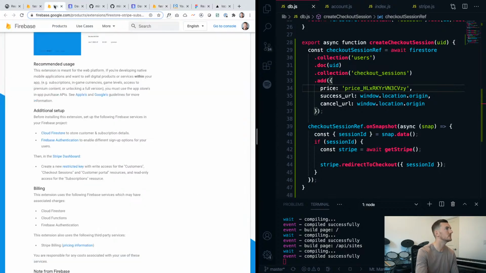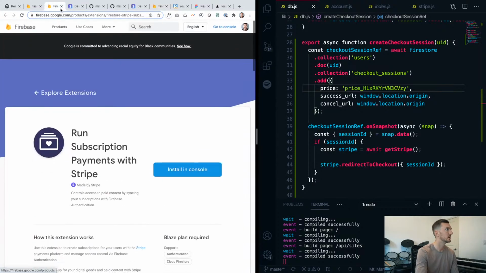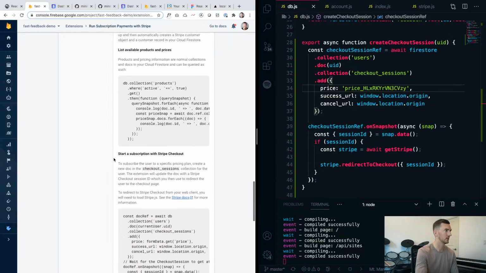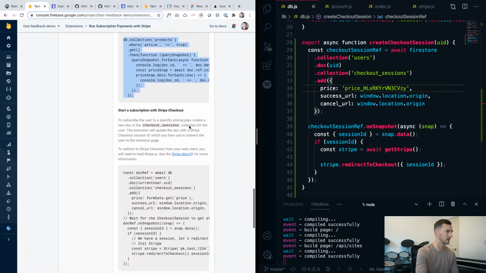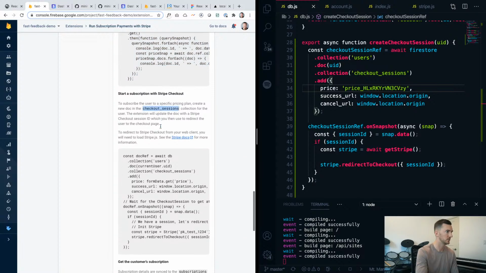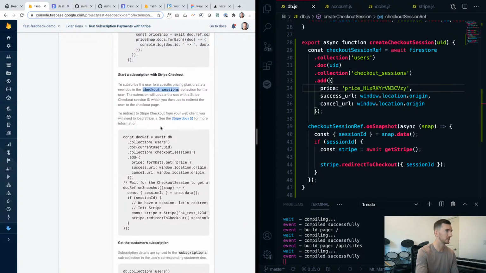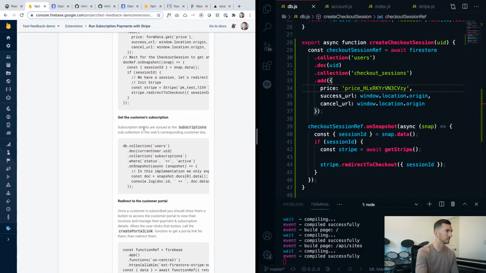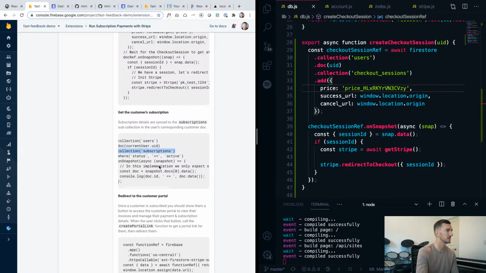So if I go to, I can close this out. Okay, right, we don't need to list the available products because we have that working. Start a subscription, we did that. Subscription details are synced to the subscription sub-collection in a user's document. Users at ID sub-collection subscriptions or status is active. So yeah, I would have expected,